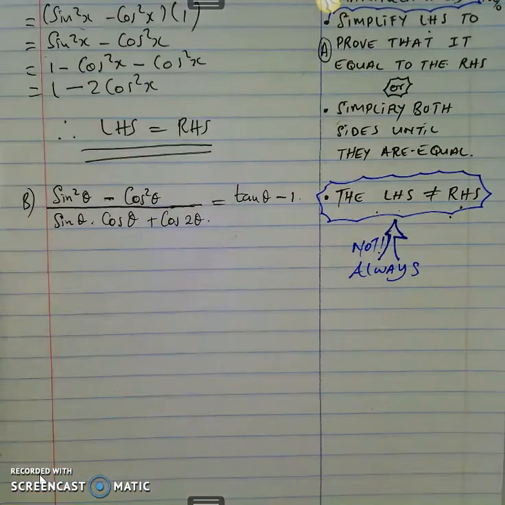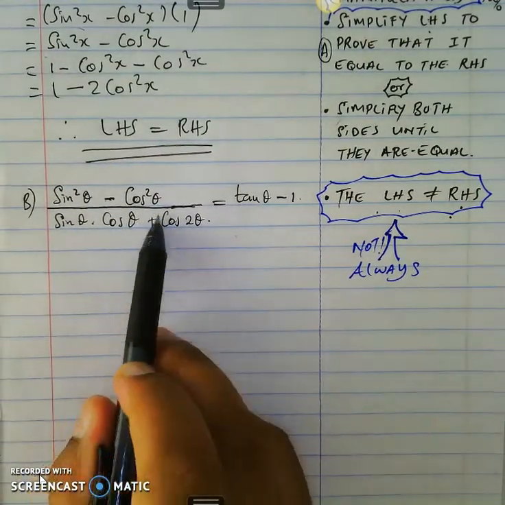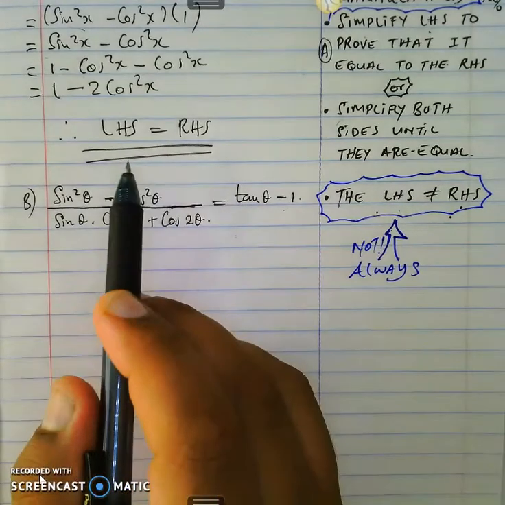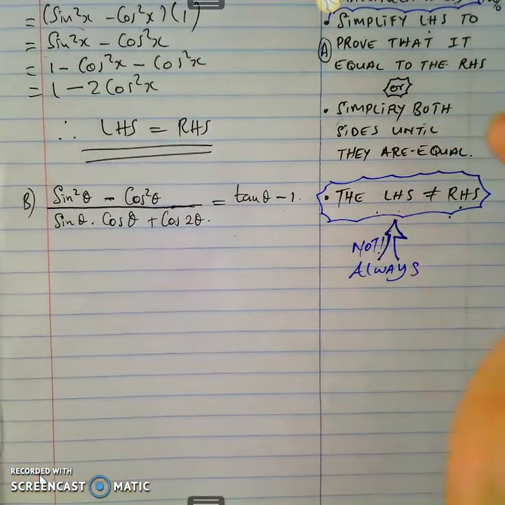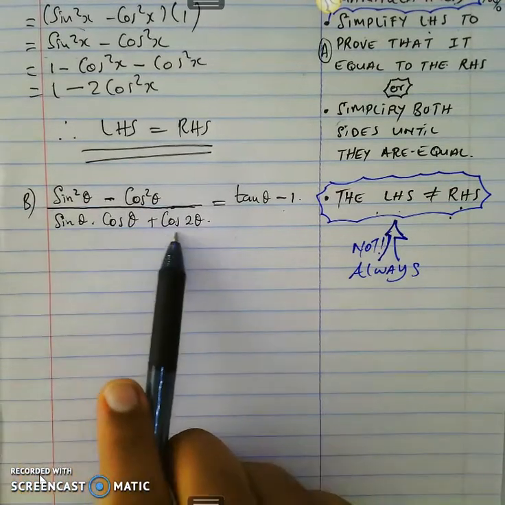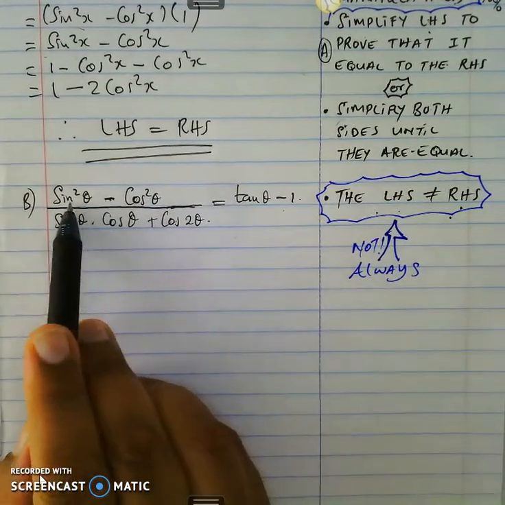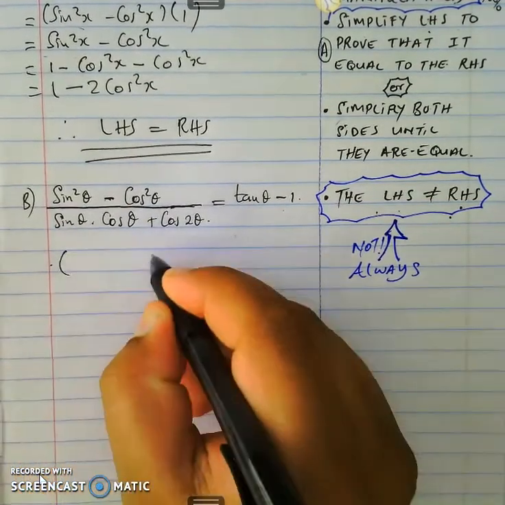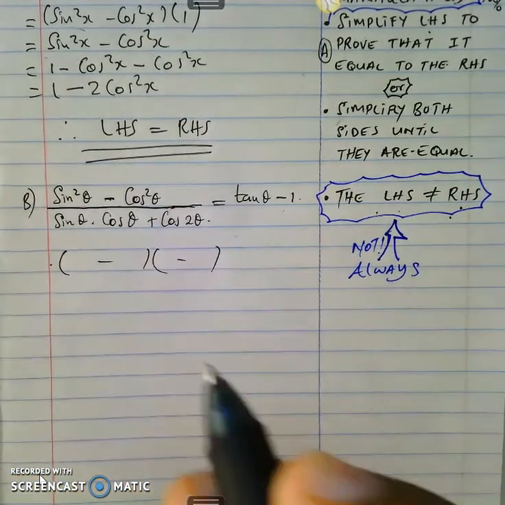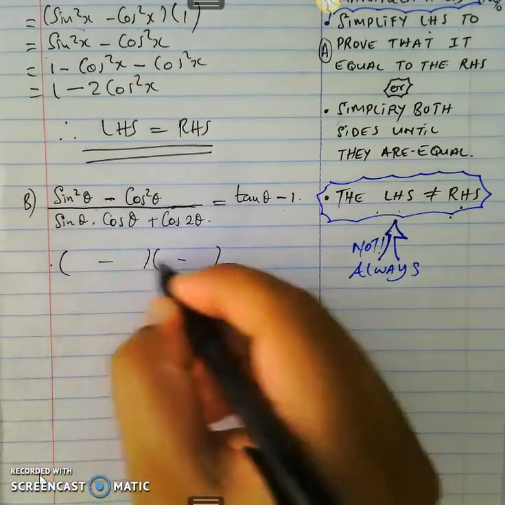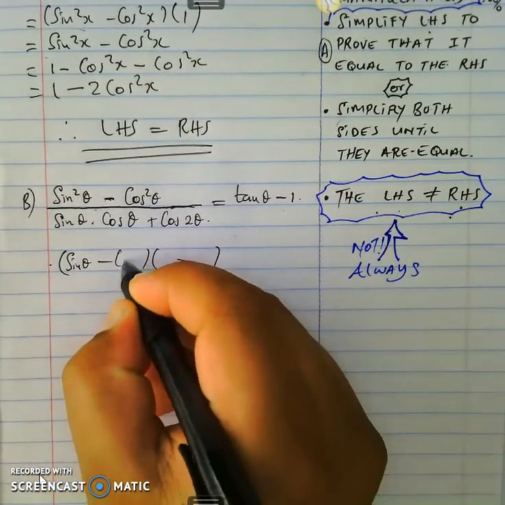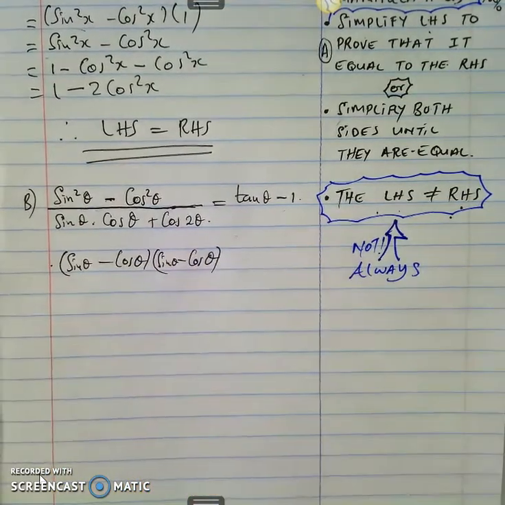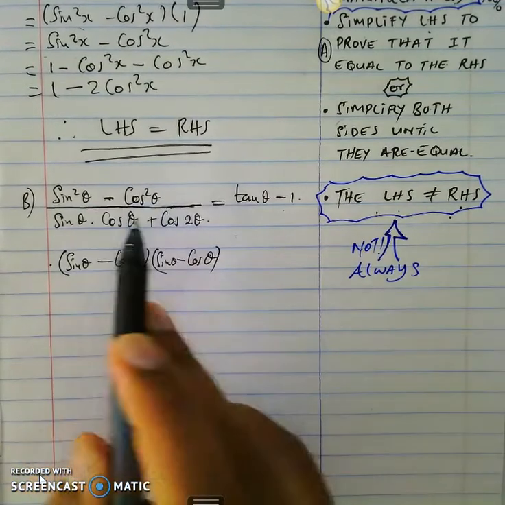So first things first, I'm going to look at what my left hand side is in conjunction with what is on my right hand side. So the first thing I'm going to do here, learners, is I'm going to first again follow the rule. I'm going to look and see, is there any algebra I can apply here? And yes, of course, there's a square, there's a negative. So immediately my mind tells me I need to look at the difference between two squares. So if I expand, I'm going to get sine theta minus cos theta times sine theta plus cos theta. Okay, so that's now for my numerator on the left hand side, divided